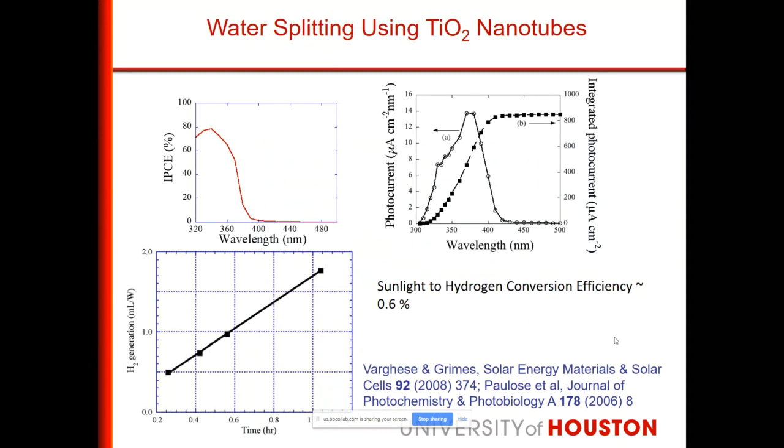So when we use titanium dioxide for water splitting, in photoelectrochemical water splitting, we found that the quantum efficiency is very high in the ultraviolet region. But if you go to the visible region of the solar spectrum, above 400 nanometer, there is no quantum efficiency. That means there is no fuel generation. There is no chemical species generated using visible light. That means the process is very inefficient. Ultraviolet light is only around 4 or 5% of the total solar photon flux.